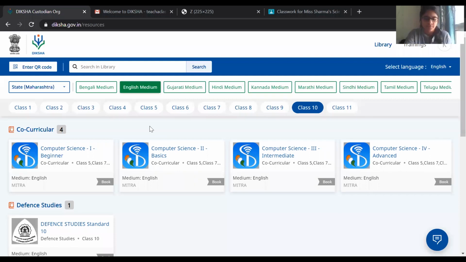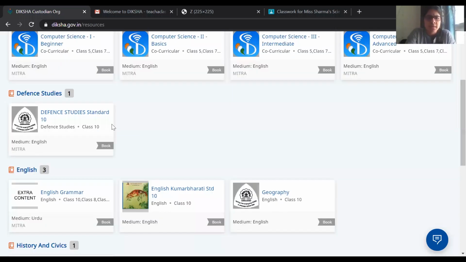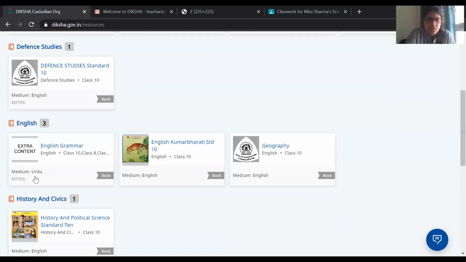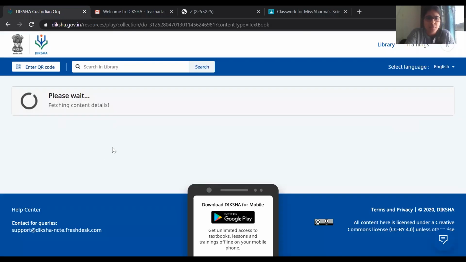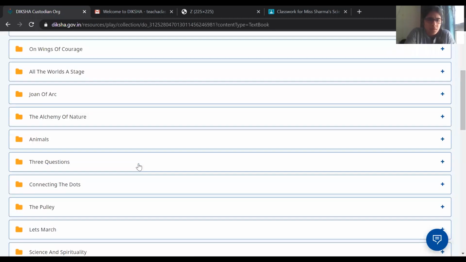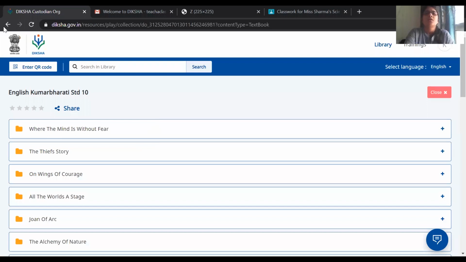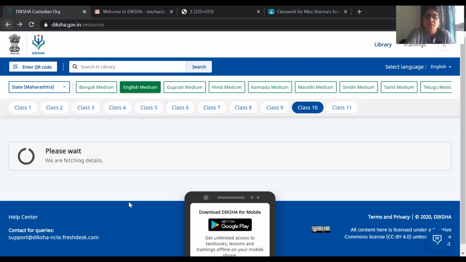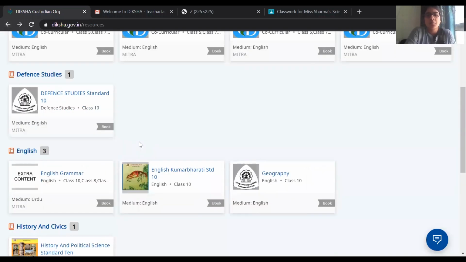Do we have topics for English grammar, or are they only there for literature? No, they do have content for English grammar. Let me just show you. Actually, it's right here. Let's say I am in Maharashtra Board English Medium grade 10. They will have content for English grammar also. Since this is Urdu medium, let's check out this one. Over here, you can only find this content. So it totally depends on your grade, your medium, and the board that you have selected. As I said, they are building the platform, so you will have to try it out.